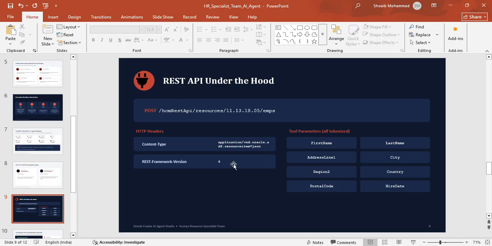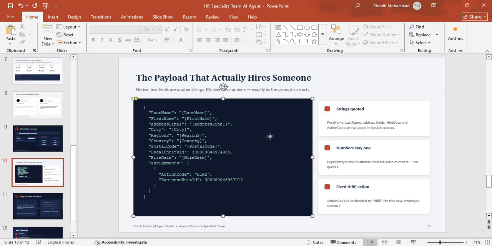When you are testing the data, you do it through Postman. Whoever knows OCI and the technical team must know how to use Postman. These are the tool parameters: first name, last name, address, city, region, country, postal, and hire date. When you enter this payload in the business object, these parameters will automatically be added. What you have to do is edit each parameter and add the description and